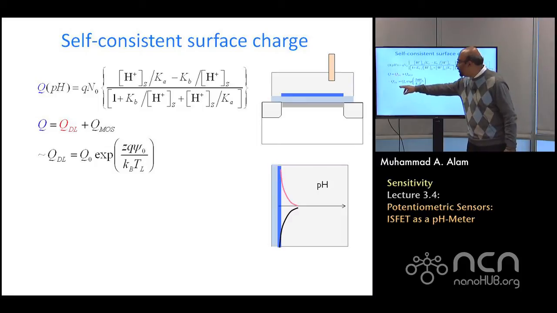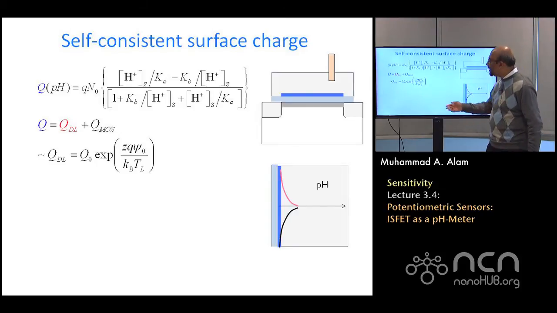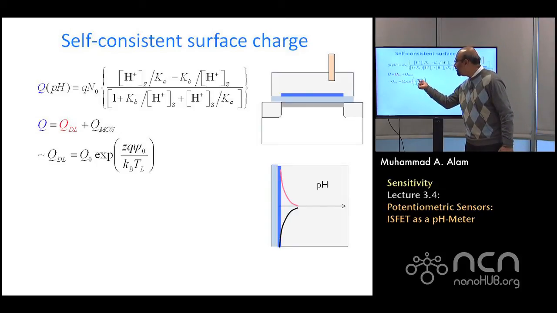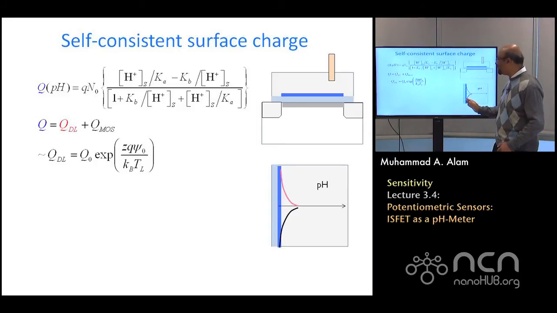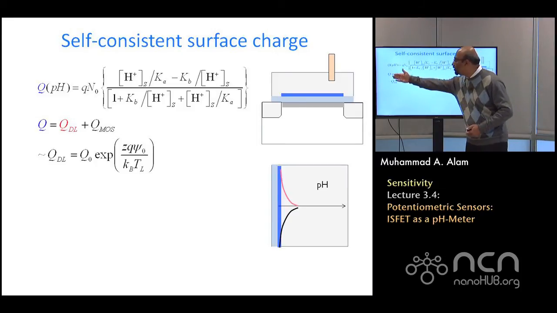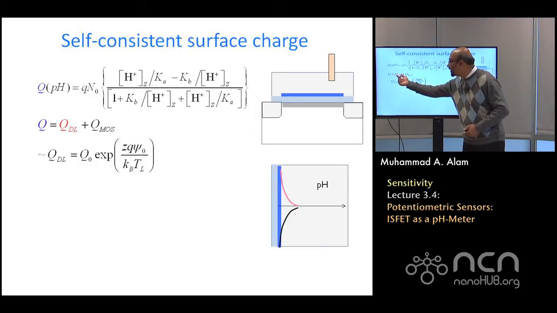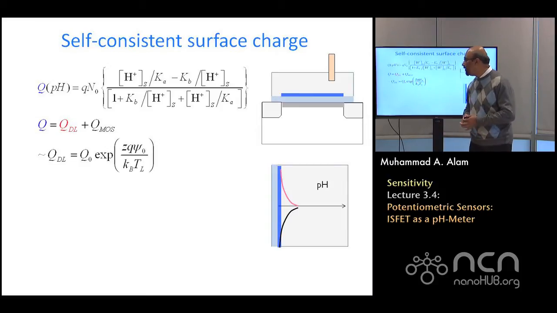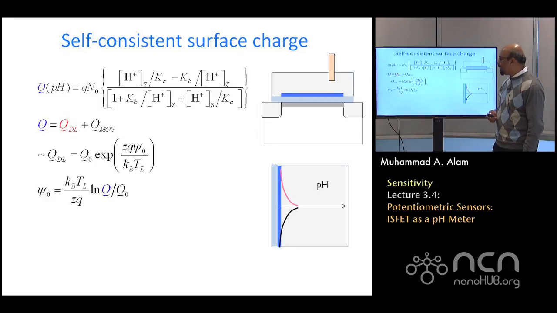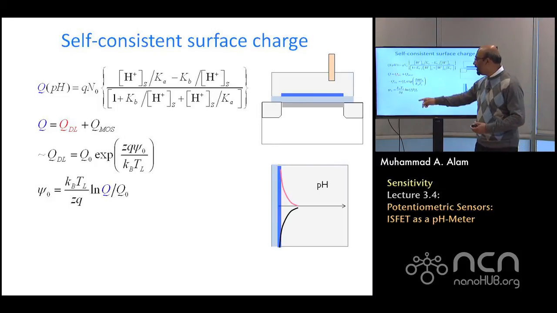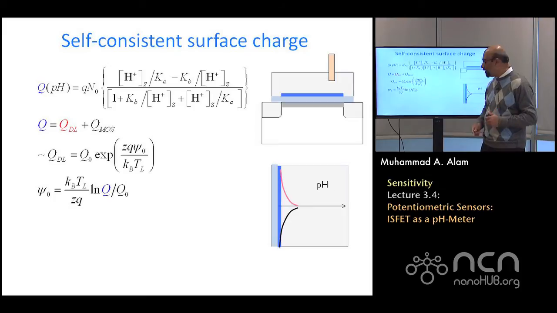And for this self-consistency, we can again remember that this is a relatively large concentration. So just as before when we did it for the salt, we have this double layer charge, exponentially related to the potential psi naught of the surface. You remember that the total charge from the surface must be balanced through the double layer and the Moss charge. And the double layer charge is approximately equal to Q and is given by this relationship. By the way, this Q is now not the biomolecule charge. This is the charge of the charged surface.